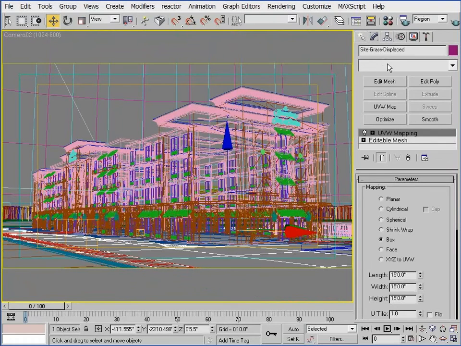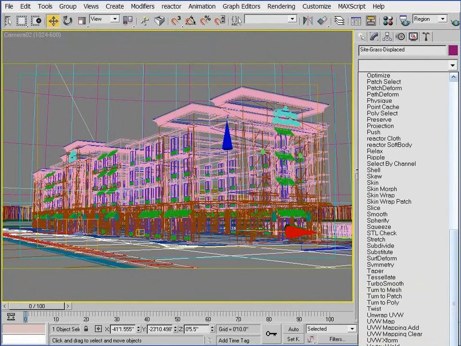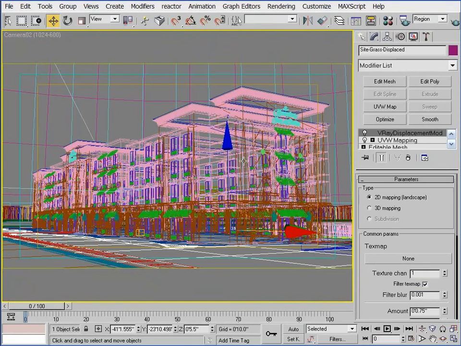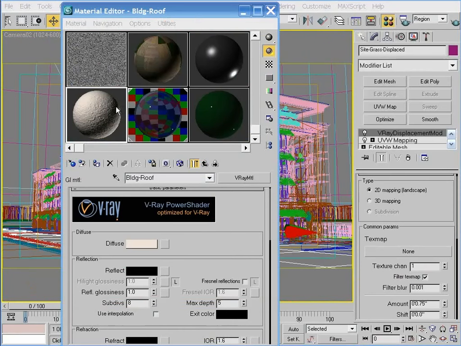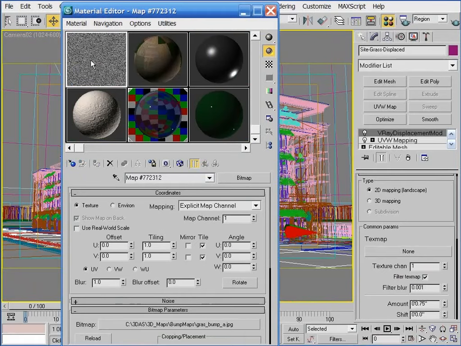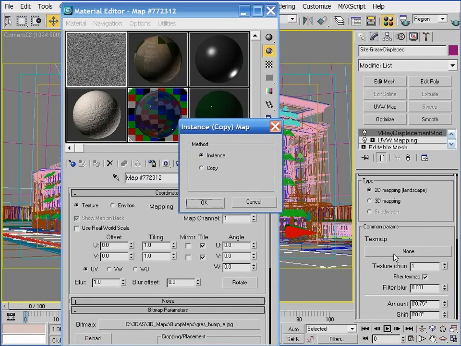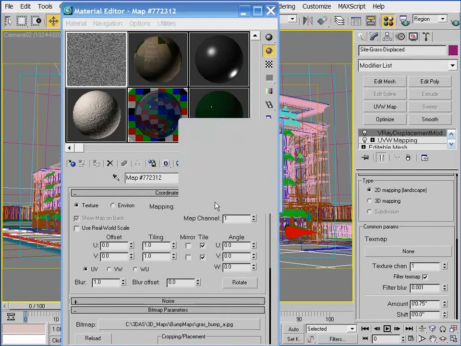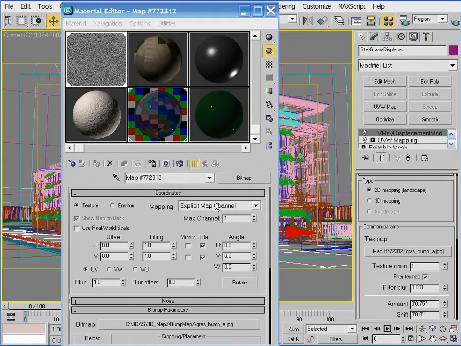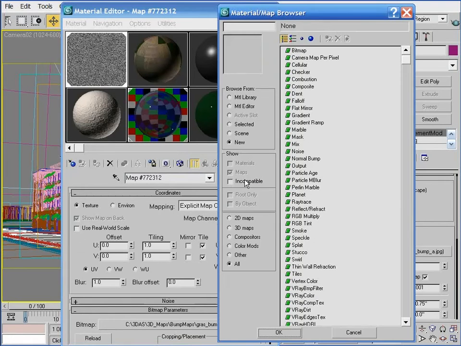So at this point, I'll select the V-Ray displacement modifier, and I want to use this black and white bitmap image shown in the material editor and add it to the texture map slot within the modifier. Since a bitmap is a 2D map, which I can see by opening up the material map browser and selecting 2D maps,